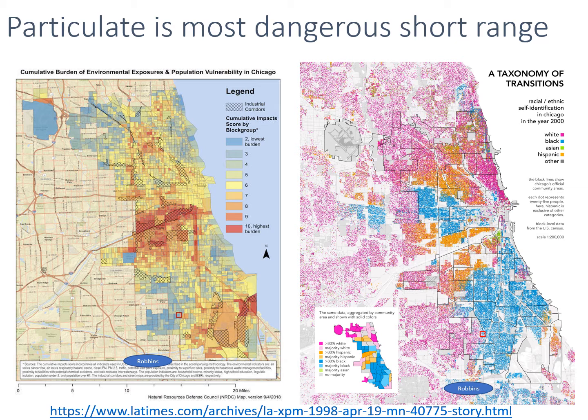The linked LA Times article suggests that the Robbins Township elected officials, desperate to bring jobs into a low-income neighborhood, actually courted incinerator companies. They asked them to come, and they cultivated an agreement that involved jobs and scholarships for local students. Many of the opposers were from outside, but upwind of Robbins. For example, if you look really closely for a red box in the otherwise low environmental burden area just north and a little east of Robbins, you can see Robbins in the kind of blue circle. You can actually see my house. Beverly and the other neighborhoods that are nearby and other nearby towns were incredibly active in opposing the incinerator.